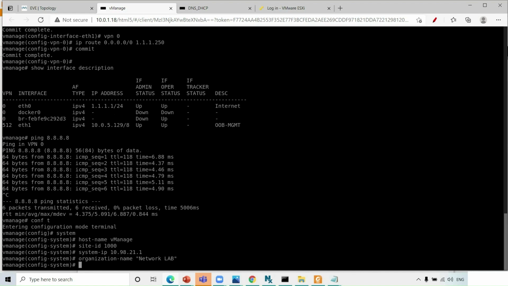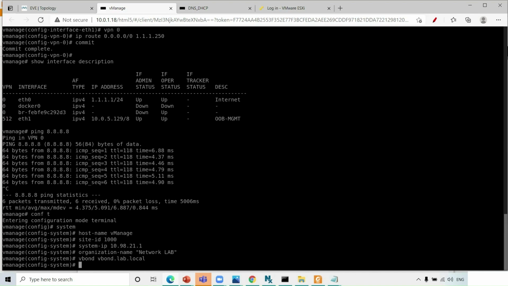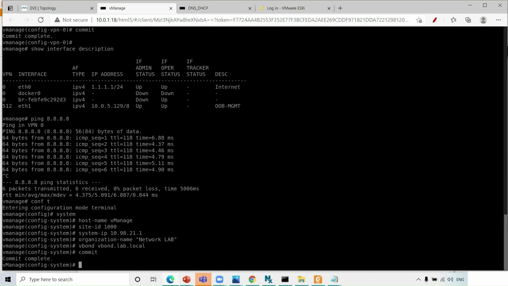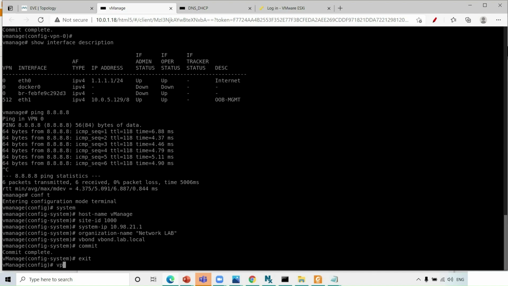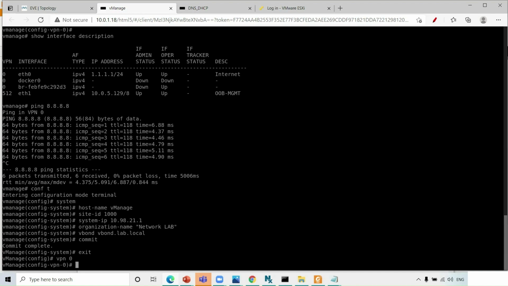Okay. What else? I need to tell it what my vBond is. So I will say vBond.lab.local. Now, to resolve vBond.lab.local, I can first commit it here, which means that I have completed the system configuration. I can exit, go into VPN 0, and I can say DNS